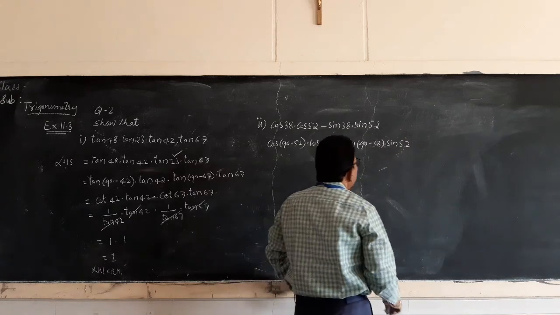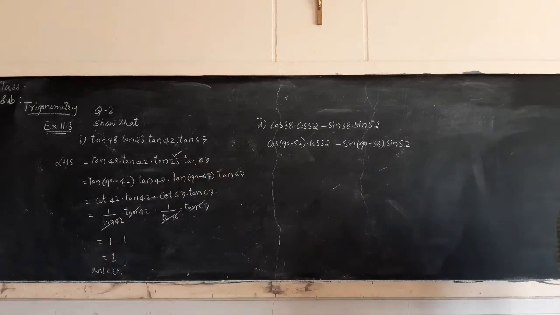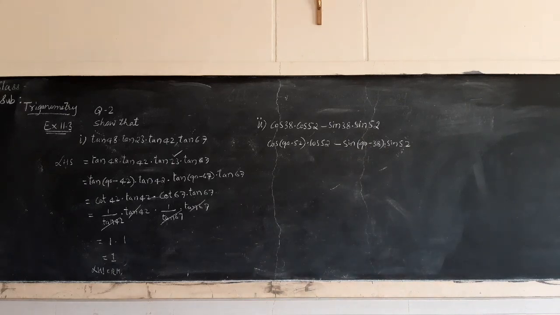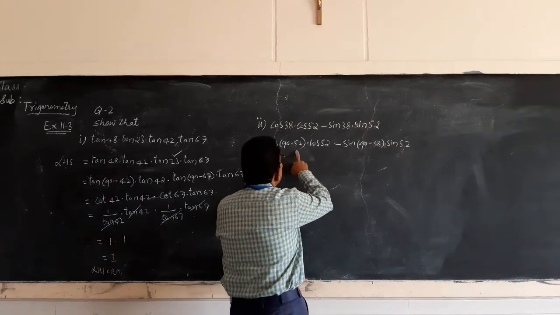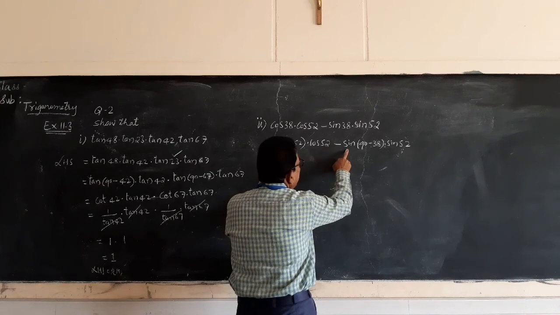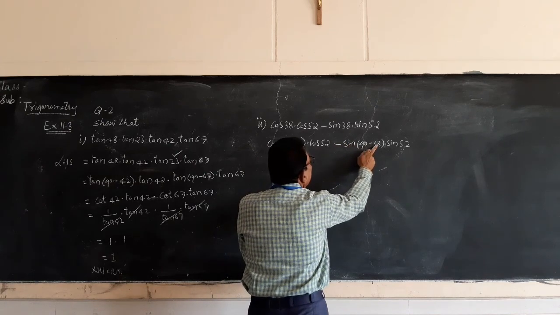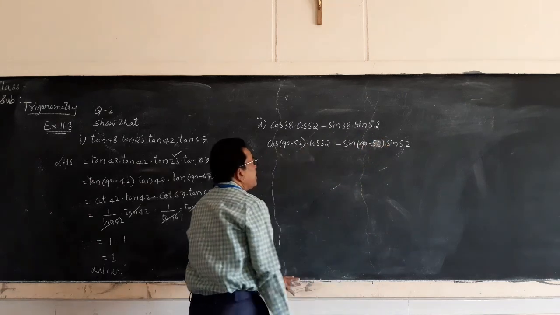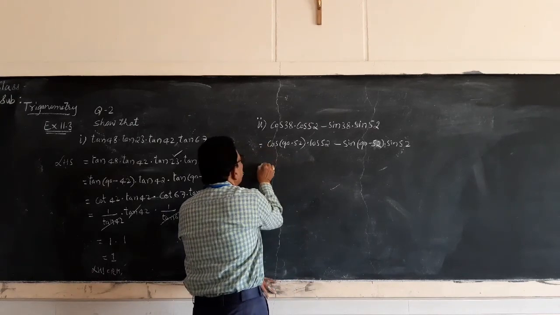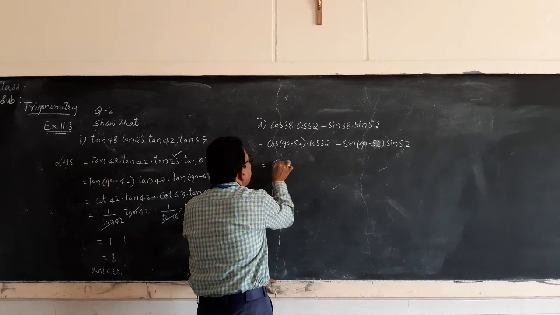Sin 52. Write down this question. Now see, sin of 90 minus 52 is cos of 52. Then sin of 90 minus 38 — that's 90 minus 52, which is 38. So this equals sin of 52